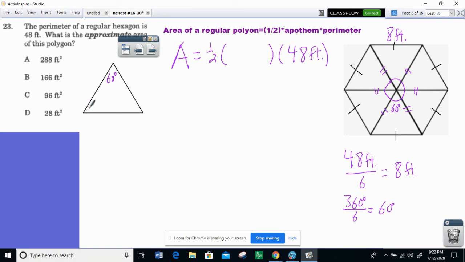Well, how many degrees are left over for these two base angles? Well, if these two sides are the same, these two angles have to be the same. We've got 120 degrees left over, and we need to divide that into two. So we're going to have 60 degrees here and another 60 degrees here. Well, this is an equilateral triangle. So if this is an equilateral triangle where all three sides are 8 feet,